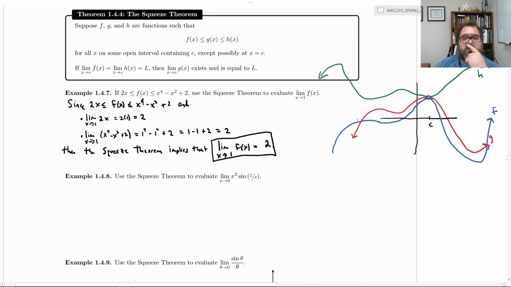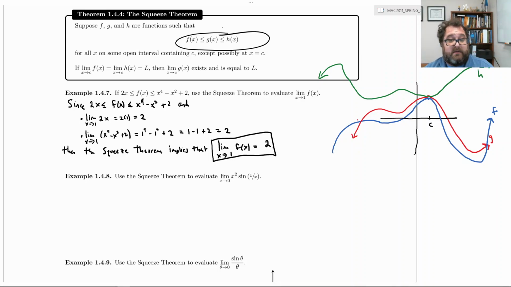Because what can we do here? Well, okay, so this one is a little tricky in the sense that I'm not given this. I need to figure out some inequality such that x squared sine of 1 over x is between two functions. Okay, but what do I know about